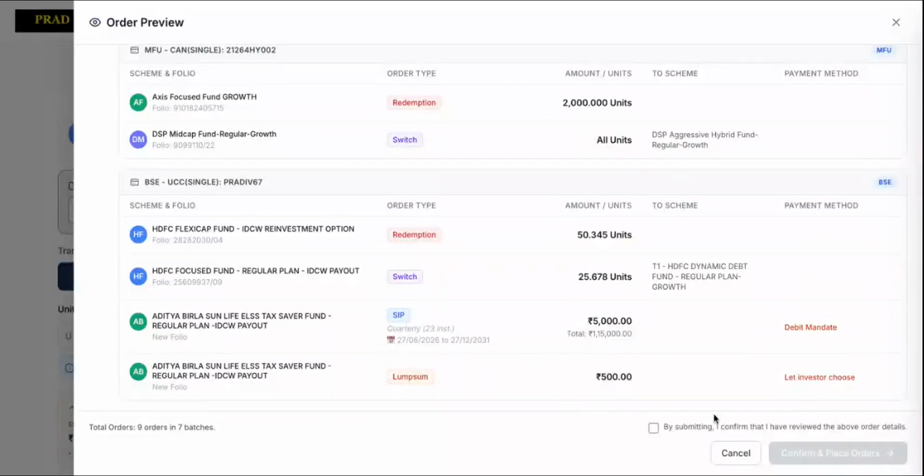Once I've completed my review, I simply confirm that I've reviewed the order and click Confirm and Place Order. Wilt will then process all valid transactions currently present in the cart. Whether I'm placing a single transaction or submitting multiple transactions together, the workflow remains consistent, structured, and easy to manage.